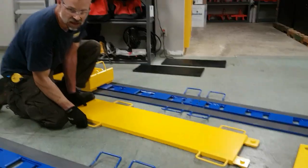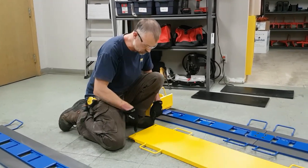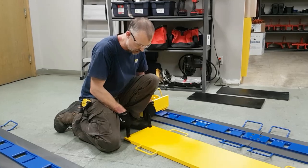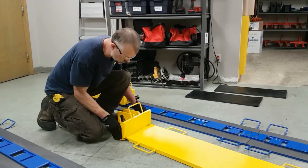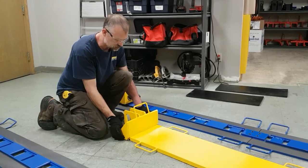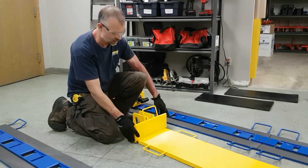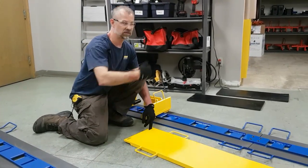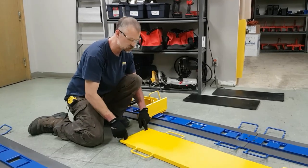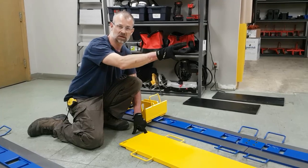We have three types of slider plates with this system. We have end sliders. You can tell that they have the slots on the end to connect the pusher head to. So the pusher head simply slides over, align the slots, and push the tabs down. I'll go a little bit deeper into that a little later on. The slots should always be facing out. This allows you to connect a pusher head and a cylinder on the opposite end of your load in case